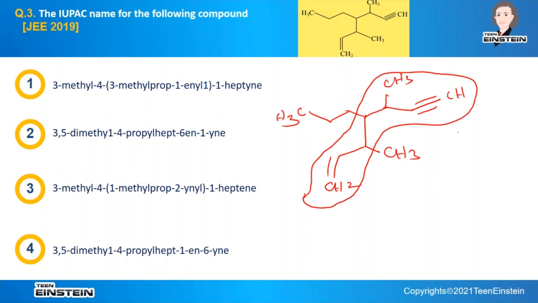If both double bond and triple bond are present in the compound, the endings are 'ene' and 'yne'. So this indicates the double bond, this indicates the triple bond. Numbers as low as possible are given to the double bond and triple bond, as I said. So here numbering starts from here: 1, 2, this is 3, this is 4, this is 5, this is 6,